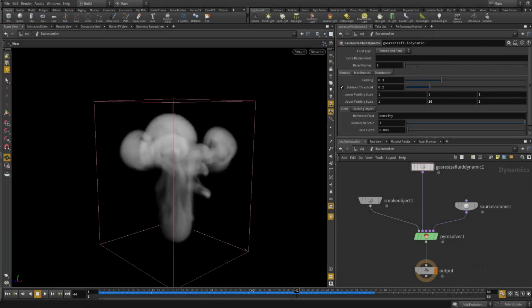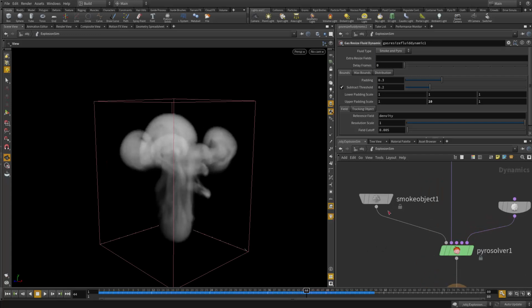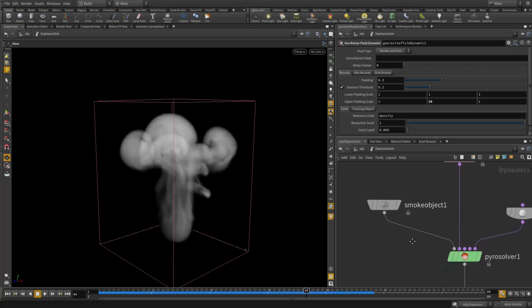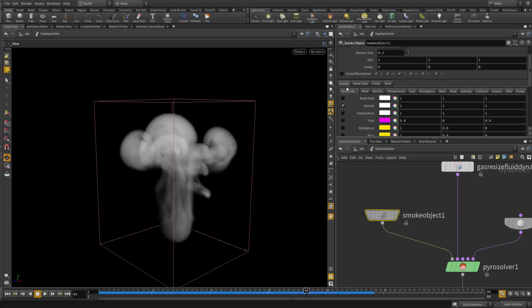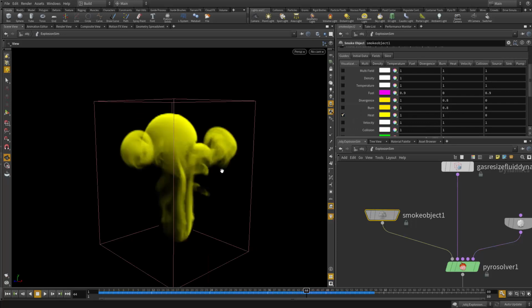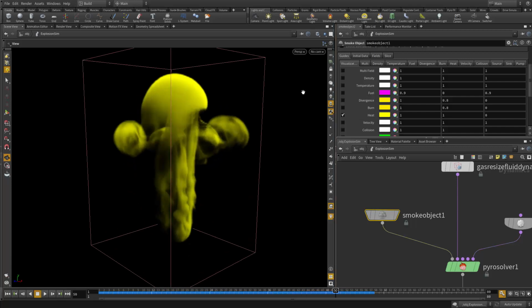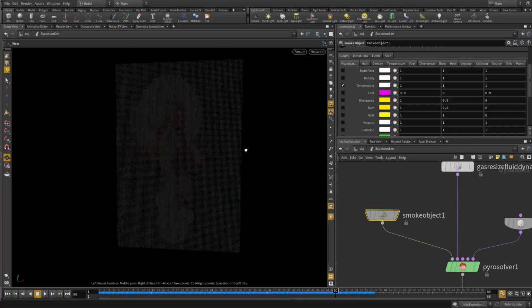Alright guys, so we have this explosion shape being generated, but we're not seeing any flame. The reason is not because we don't have any, it's just because on the smoke object underneath guides and visualization we're only seeing the density. If you want to see the flame, you can go to the heat. Heat is actually the flame. So yeah, and also you can go take a look at the temperature if you wanted to,